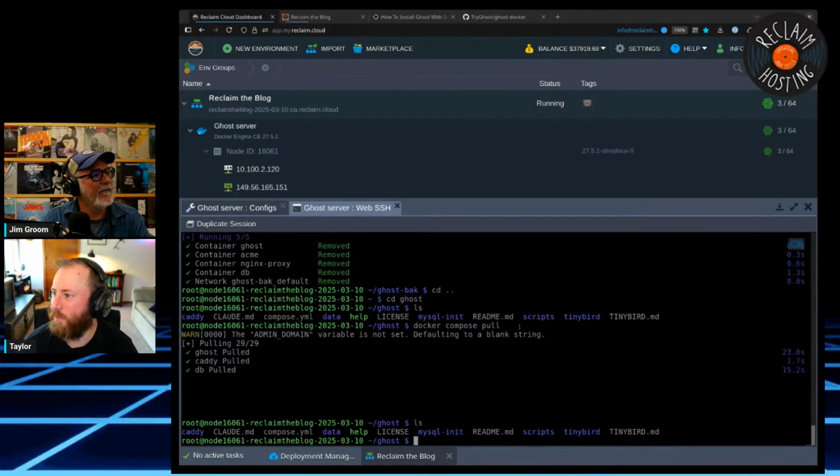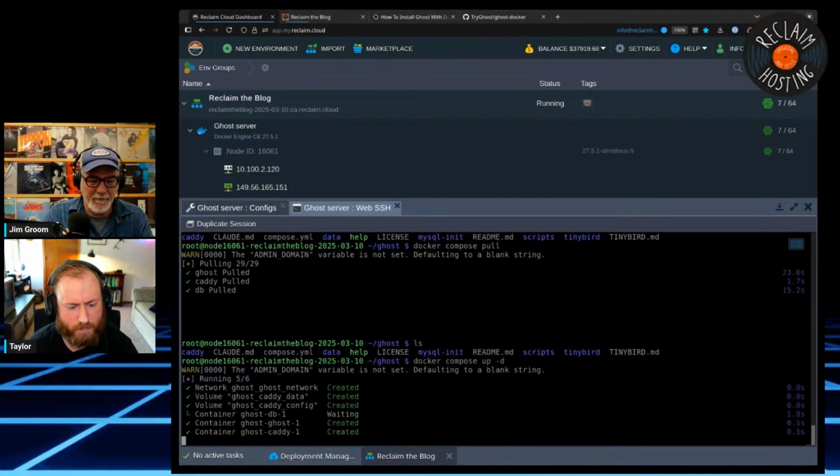We pulled it. We're gonna bring things up, and we'll restore the new database. So Docker compose up -d. Now I think I'm going to wait. The database is going to take a little bit because it's got to initialize a database right now, like create the databases it wants to create.